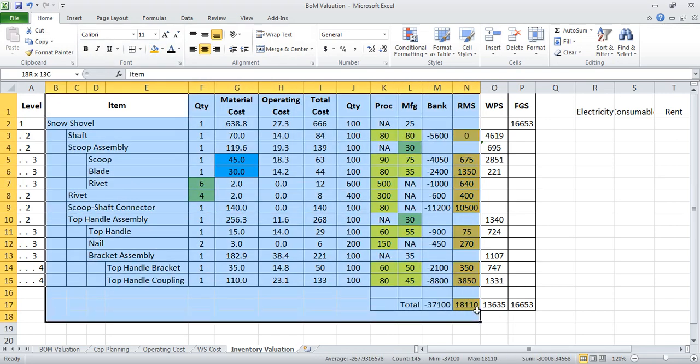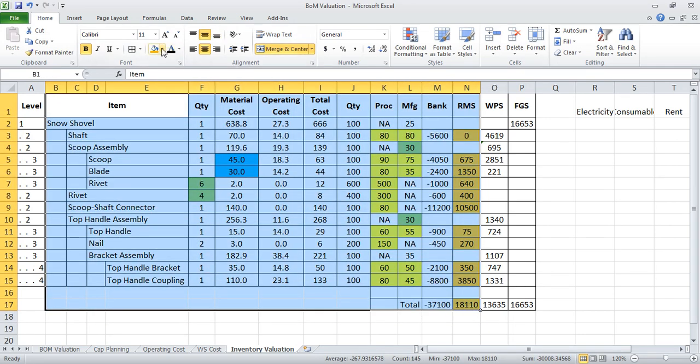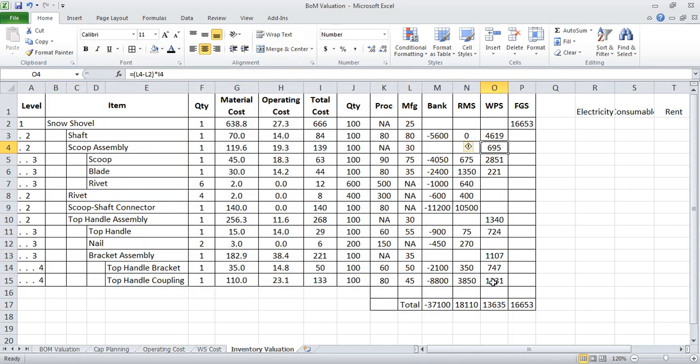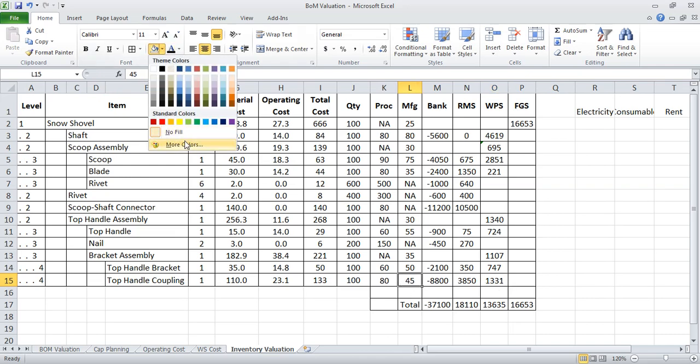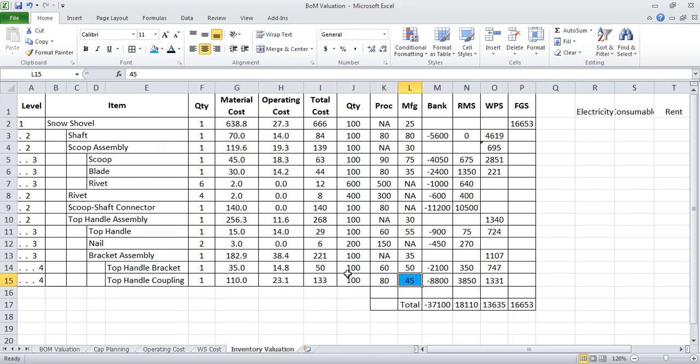Now let me remove that color and explain the last step. That's the work in progress store. The work in progress store is a bit tricky. I'll start from the bottom level. What we are saying is that 45 components were prepared, that is this one, top handle coupling.